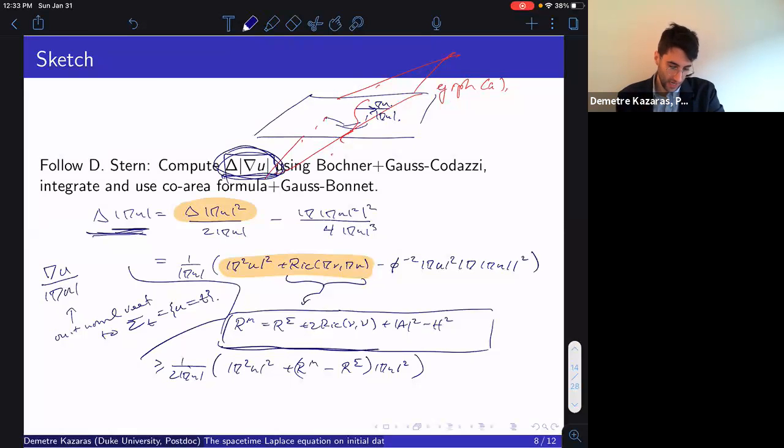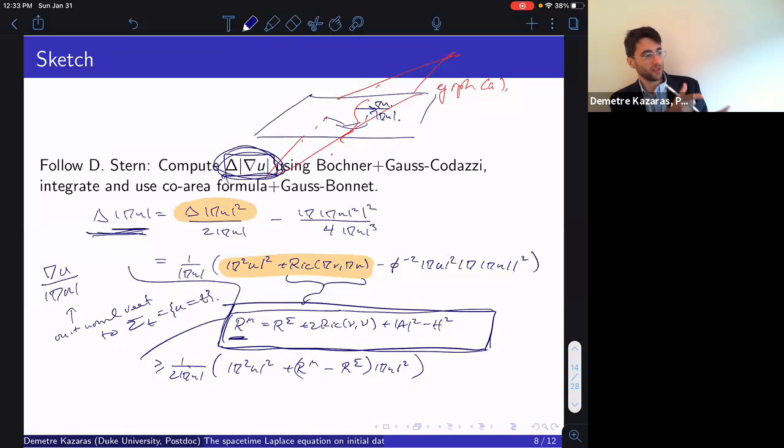Now, remember that if you restrict the curvature of the ambient manifold to a submanifold, you can express the parts of the curvature in tangential directions in terms of the curvature of the submanifold. This is called the Gauss or Gauss-Codazzi equations. In particular, they say for a hypersurface that the scalar curvature of the ambient manifold is the scalar curvature of the surface up to the following: the Ricci curvature in the direction of the unit normal to your surface,